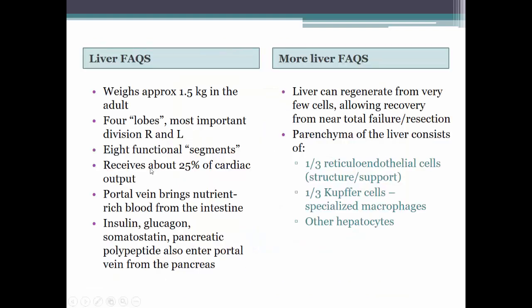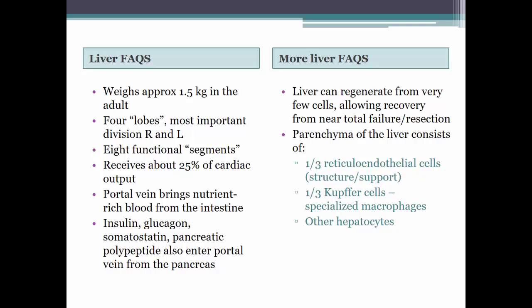So this is basically statistics that you could read on your own, and anatomy. Basically, the liver has four lobes, and the major division is right and left. 25% of the cardiac output is shunted to the liver. Remember that the liver participates in the portal vein circulation, so that's the reason why when patients have cirrhosis of the liver or any acute or chronic liver disorder, this portal vein could be occluded, and patients could develop portal hypertension